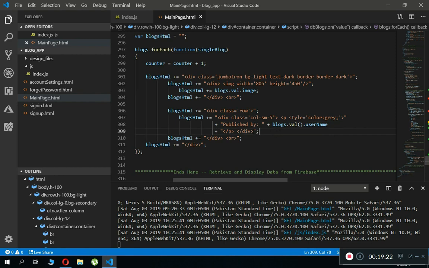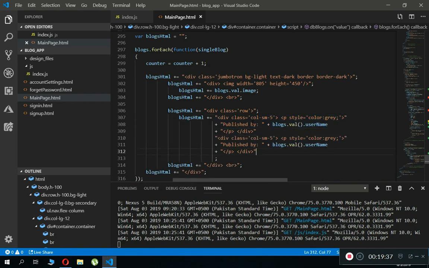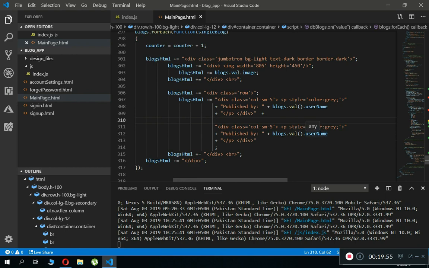Now let's move this semicolon to the next line, and now just copy paste this div up to here, and then paste it in the next line. And make sure that before this, we need to write this concatenation plus sign. Even after that you can add some extra space. So the second thing which we want to display is basically the time, and here we can say time,